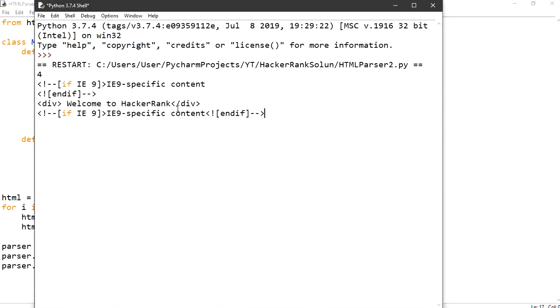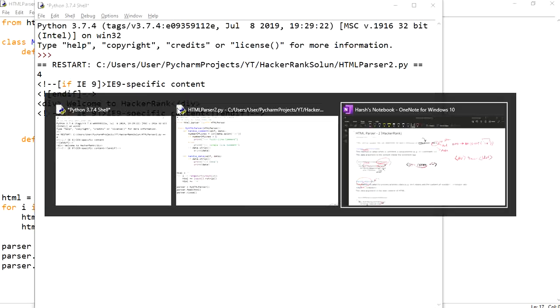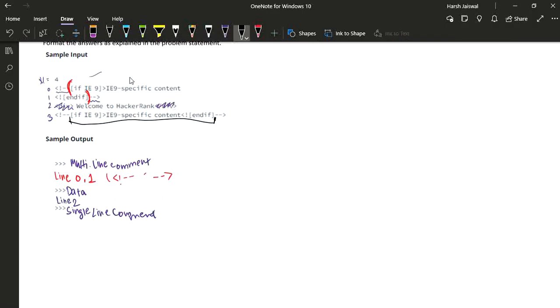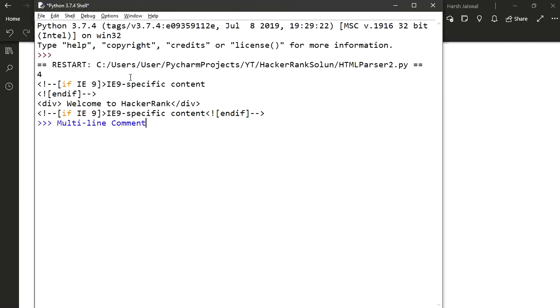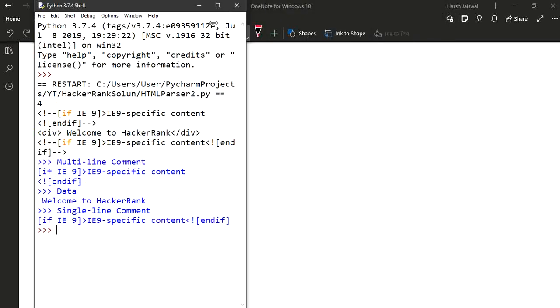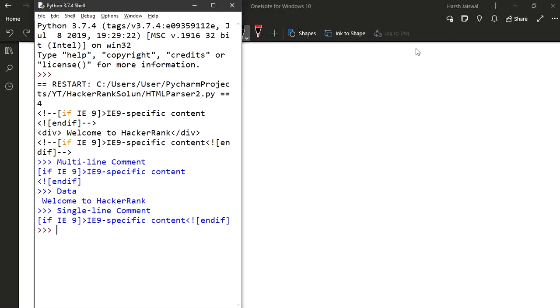I have taken the same data which is there in the input which we have discussed over here. This input, I have taken the same input, this one. Now let's see what we get as output for this. Do we get the same output? Let us check this out.